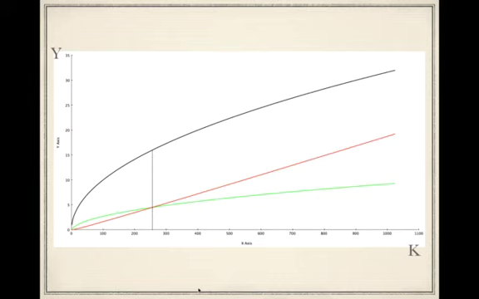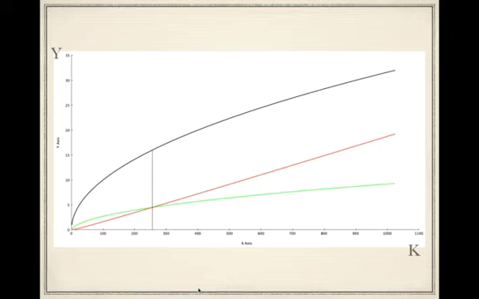On the other hand, if we lowered the amount of depreciation, our red line would shift down. If we increase our investment rate, that line would shift up. If we decrease our investment rate, our green line would shift down. Neither of these will shift our black line here. Neither of those will shift the relationship between capital and output. That black line is simply saying that if we have this much capital, we are going to have this much output. Our depreciation and investment lines, the red and the green, depreciation is the red, the green is investment, tell us how we can think about how much capital we expect to actually have.